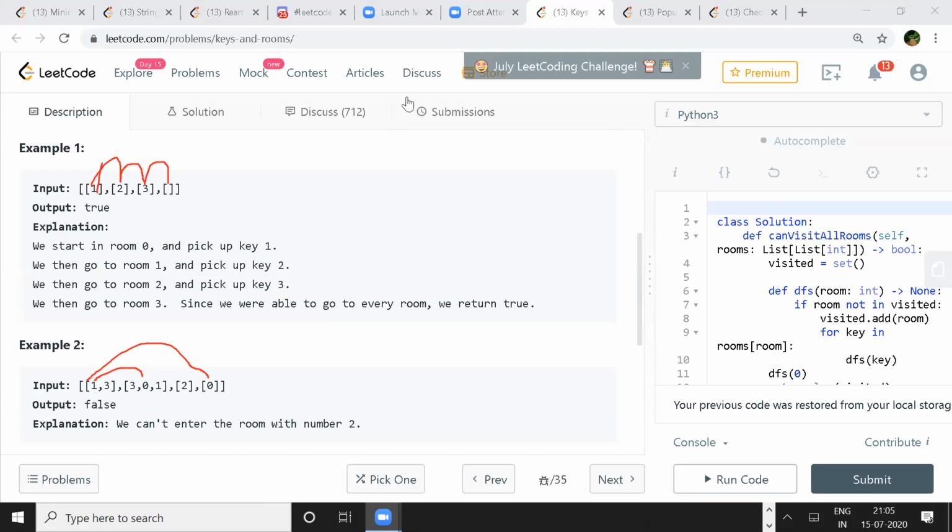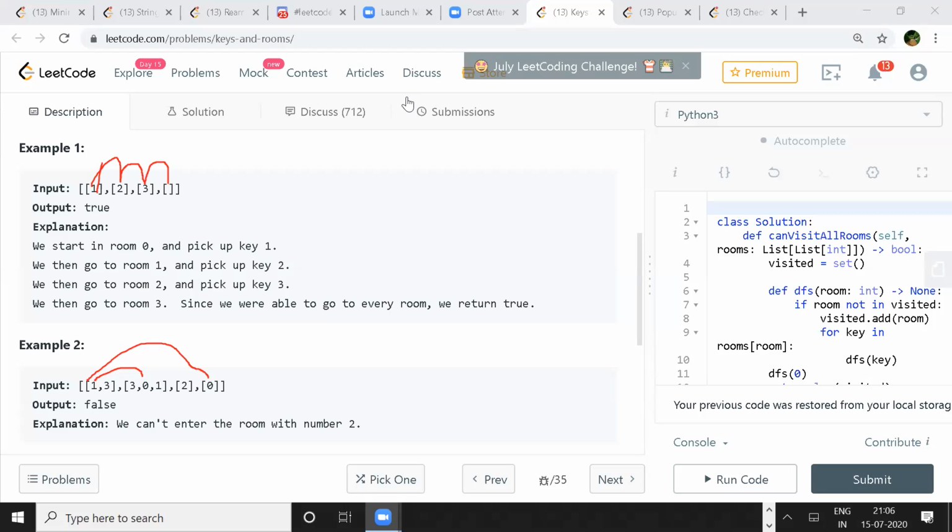So the brute force would be, because you always have to start from room 0, you go to room 0, get all the keys, and then go for all the rooms which you can open with those keys, and then go to the next one.